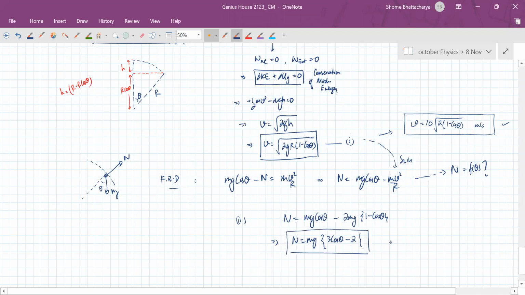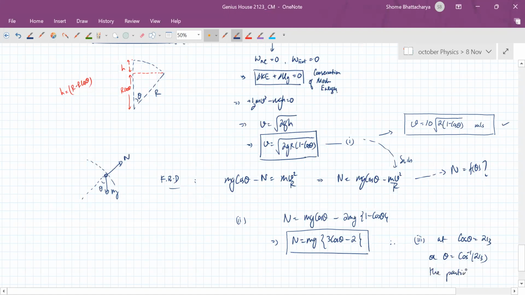You can see that therefore third part at cos theta equal to 2 by 3 or theta equal to cos inverse 2 by 3,